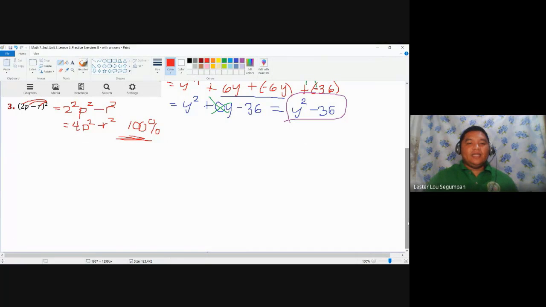Let's try to determine. This one here is using the power law of exponents. Power law meaning to distribute the exponents to all the terms inside. But take note that the two terms here are separated by addition or subtraction. Okay. Let me go into a different process. I'm not saying it's correct. I'm not saying it's wrong yet, but some of you might be saying it's correct or might be saying it's wrong.